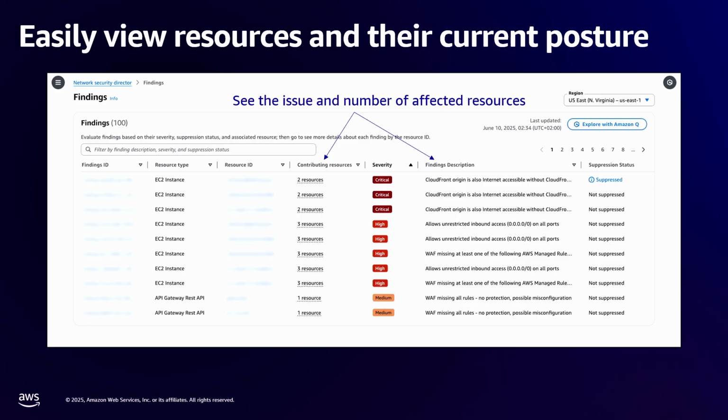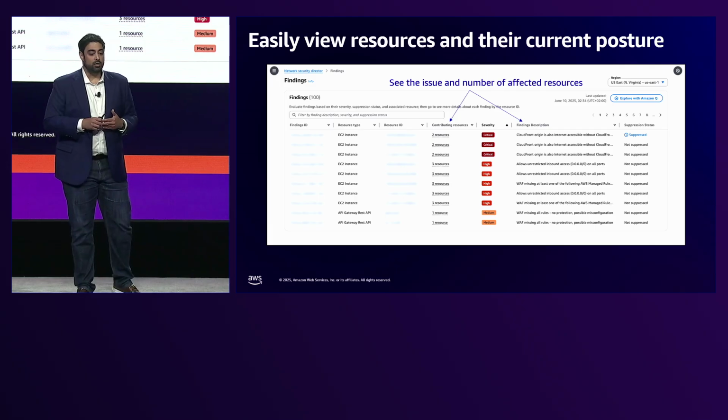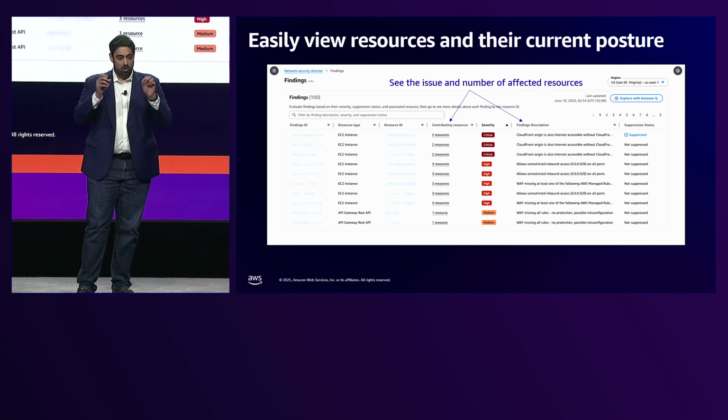Now this is where the network context aspect of this comes into play. So in the way we classify our findings is, for example, if you have a web application that is hosted on EC2, you have, for example, an application load balancer ahead of it, then you have upstream of that a Cloudflare distribution. Now, say for example, the Cloudflare distribution does not have any WAF protection enabled on it, neither does the ALB. And we have identified that the web application in question is vulnerable to common web vulnerabilities, the OWASP top 10, for example. In doing so, we look at all three of these aspects.